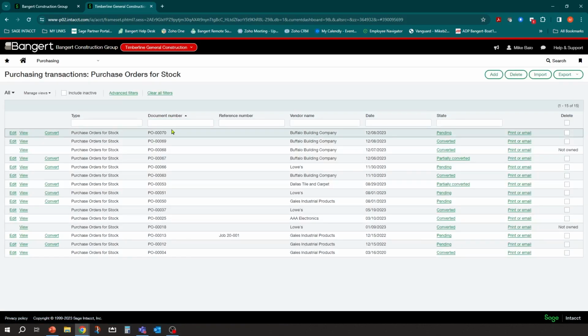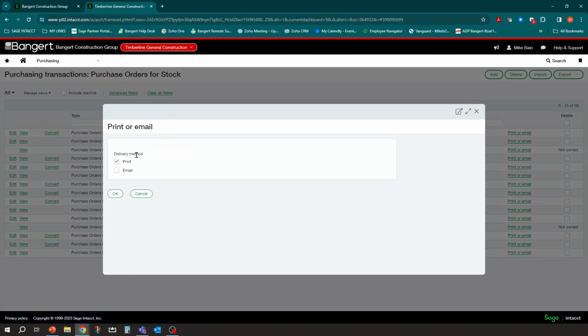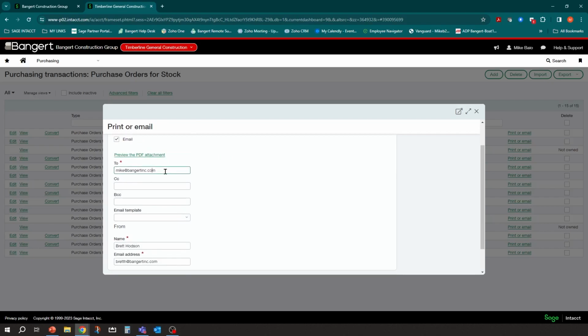So now that PO is in there, I can choose to print or email it out. So let's say I want to email that PO out. I can choose email, and if I choose email, it's going to come up and say, who's this to? And that's all going to pull from the vendor setup. And you can also select a particular email template that you can create ahead of time and use to have verbiage built in it. Hey, here's your PO for this. Please click this link and sign it, or whatnot. So you can build a list of email templates and who it came from.